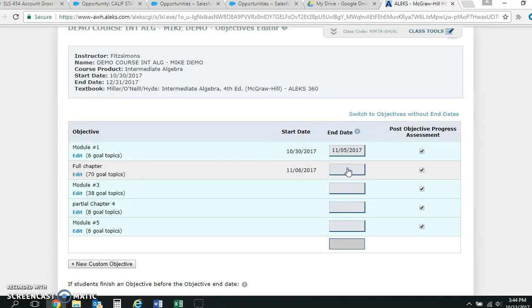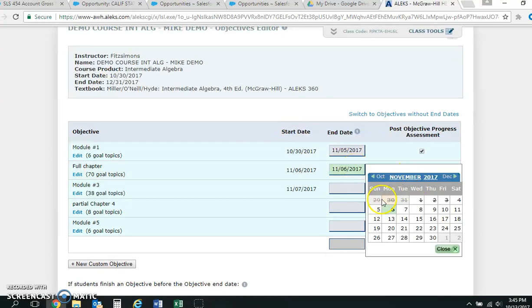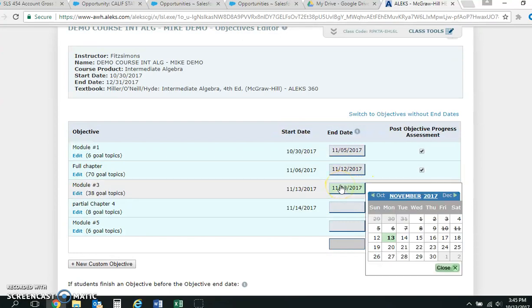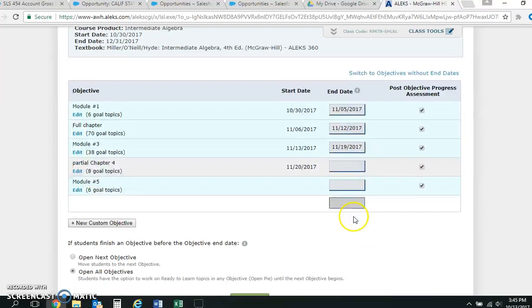And if you set it out farther than a week, or even 2 weeks sometimes, all of that work is actually going to end up compiling. And then when a student ends up logging in the weekend before it's due, they're going to find that there's far too much work to actually be able to complete in time. So we would recommend that you keep your deadlines consistent and also not stretched out too far so that we can make sure the students are completing the work that they need to have done on time